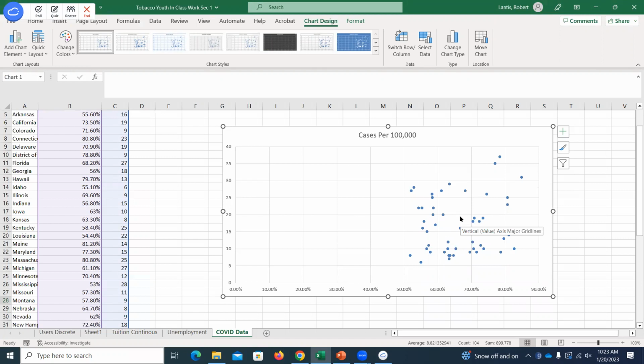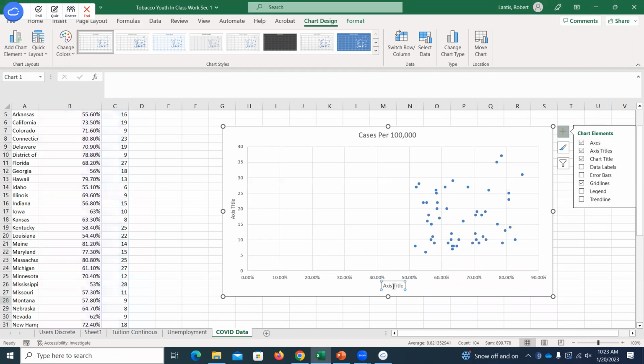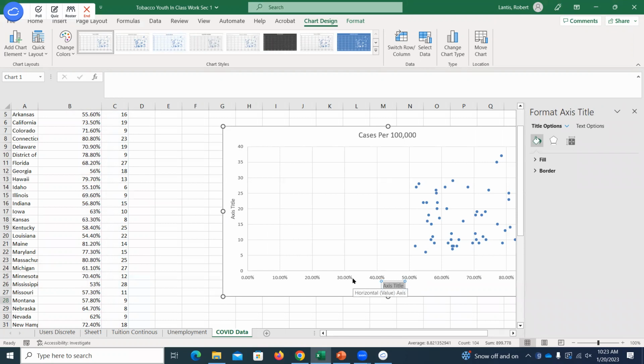Now you can go in and add labels to the X and Y axis, which makes it a little bit more helpful, right? Because then you can see what these two variables are. So I go up to this plus sign, I can go to axis titles, and I can type in percent vaccinated or whatever I want to make the graph look a little prettier and convey the information a little better. All I'm trying to show you is how to take the data and get it into the graph. If you want to add more things into it, that's specific to the problem, and you could probably Google search how to add axis labels in Excel and figure it out pretty quickly, right?